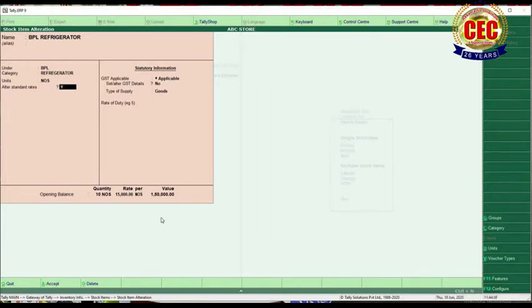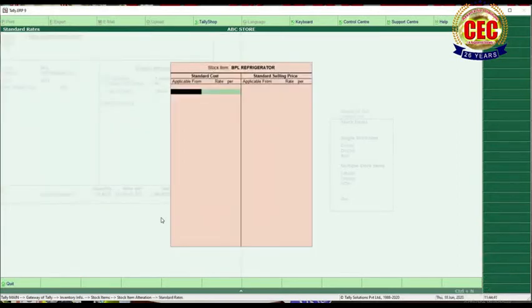Then applicable from, you have to add date, then rate, that is 15,000, and selling price 25,000, because cost price is always lower than selling price.